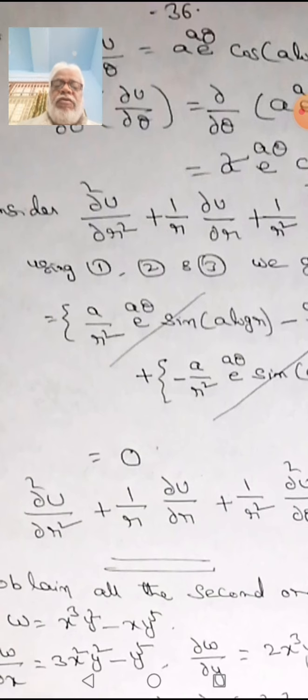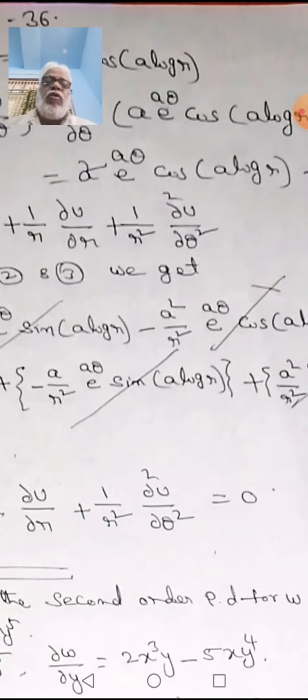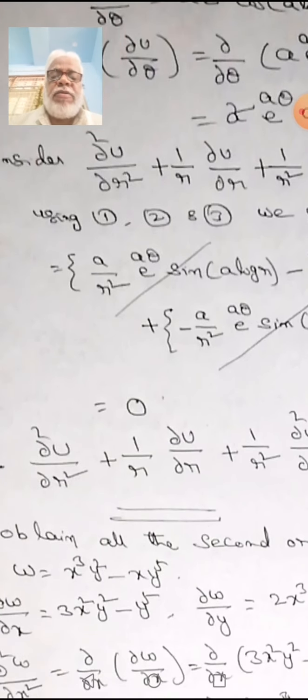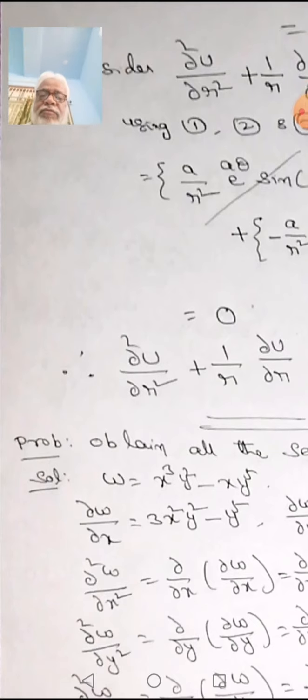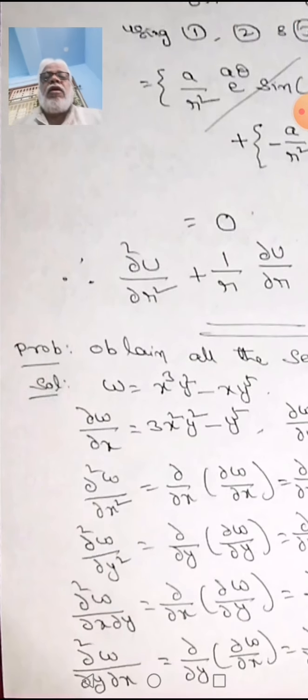It means if the function is given in u terms, we can change it into normal form, and it is homogeneous of some degree, and we write it by Euler's theorem. From that we find ∂u/∂θ, ∂²u/∂θ², ∂u/∂r and so on, and substitute in the given equation. All terms are cancelled, it will become 0. One simple question is there again.